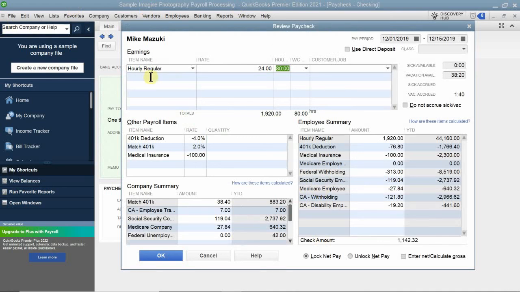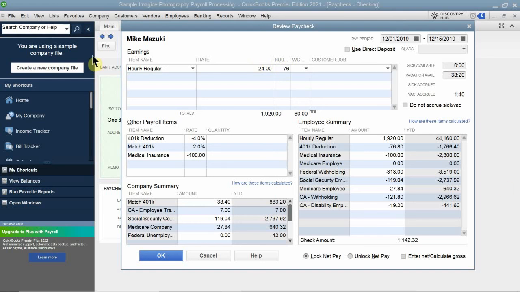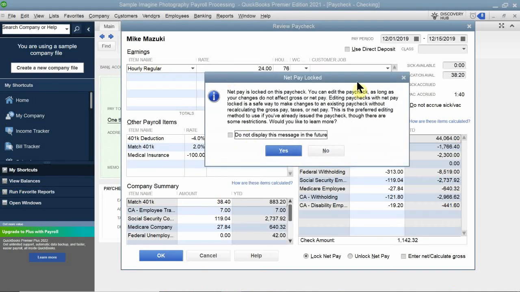Now, in this case, I'm going to say, well, he called in sick, so therefore he didn't claim all 80 hours. So in this case, I'm going to modify this and say he only did 76 hours. Now, notice this. It's going to give me an error message because this is a preventative measure that QuickBooks does so you don't mess up your federal information. But if you are the person who's in charge of paying these people and you need to adjust the numbers accordingly,